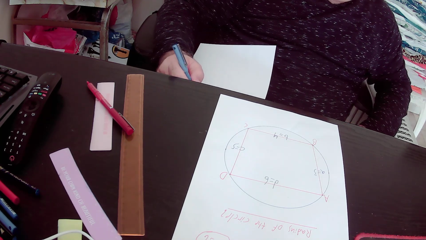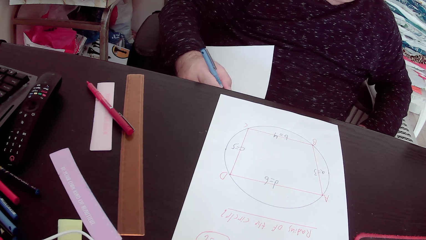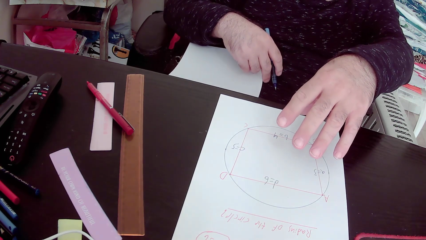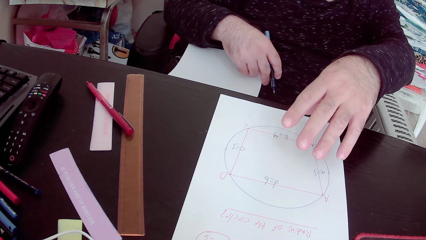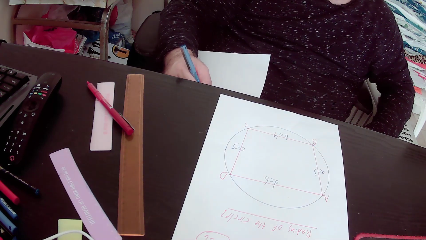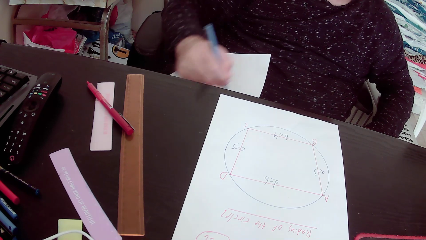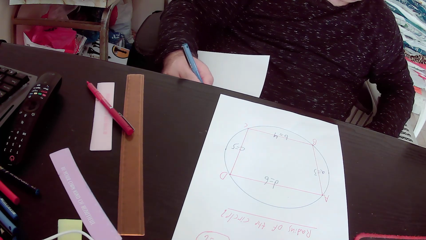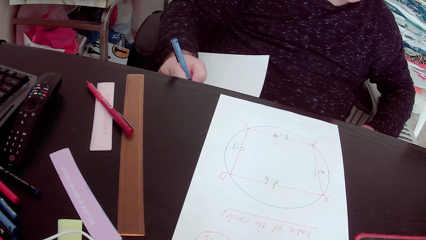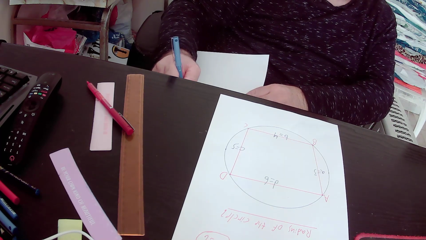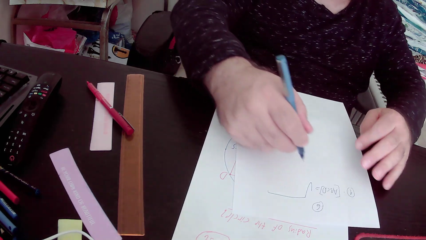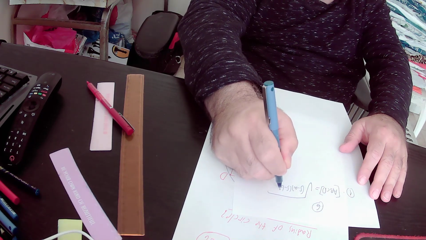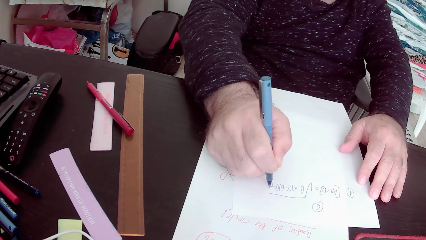So according to rule number 1, the area of this red quadrilateral ABCD that is inscribed by this blue circle equals the root of S minus A times S minus B times S minus C times S minus D,